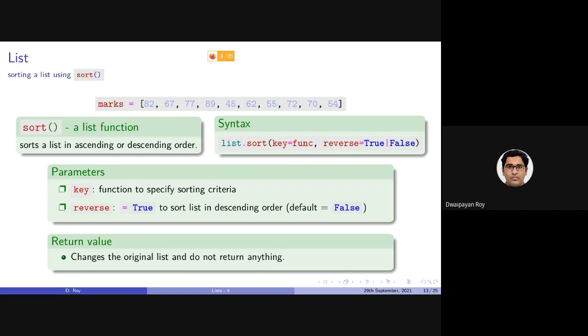It sorts a list in either ascending or descending order. The syntax of sort has two parameters. Both of them are not mandatory. If you want to change the default behavior, you can specify these parameters.